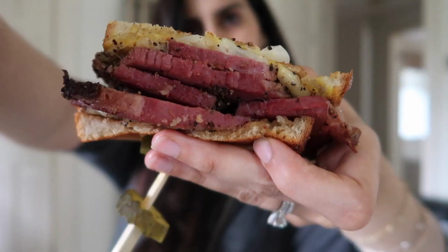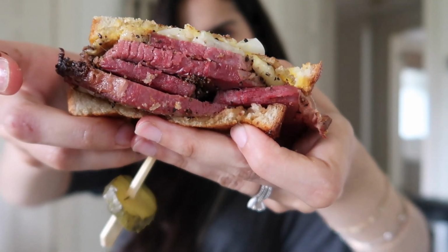The pastrami itself is really good quality. When you bite into it, immediately you're hit with the peppery kick, followed on by the sweetness, which I think comes from the cinnamon that they use. I'm not too sure, but it's good. Together, the cheese is nice and creamy. It's not too overpowering. Same with the cabbage. The cabbage has a nice tang to it. Mustard as usual. Could have piled this high a lot more, but I didn't think I would have had enough